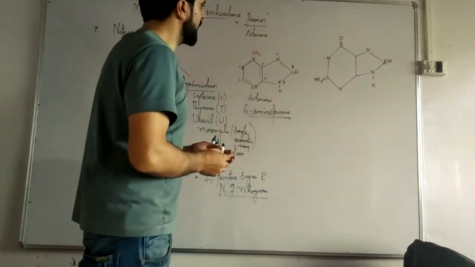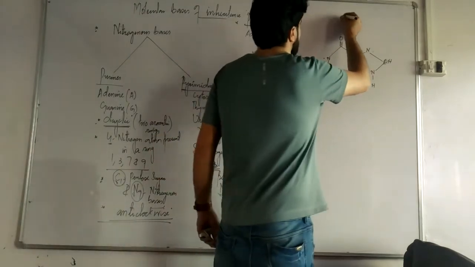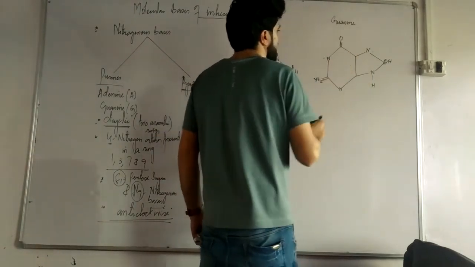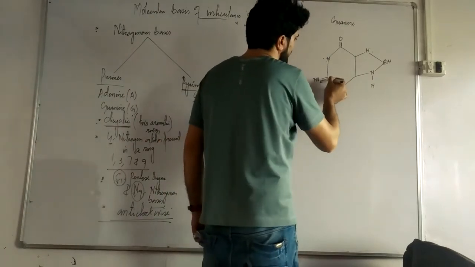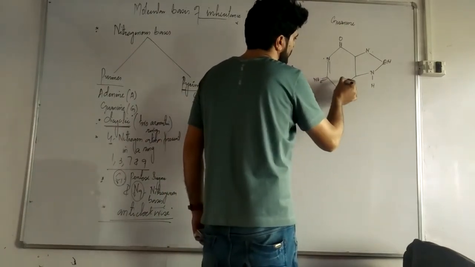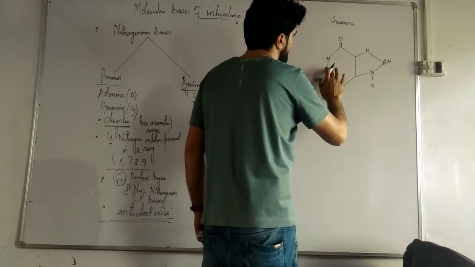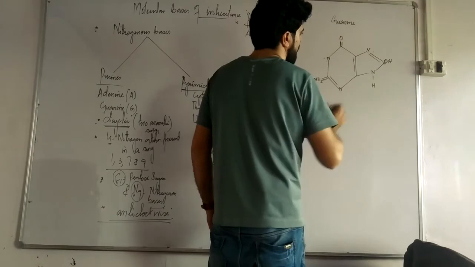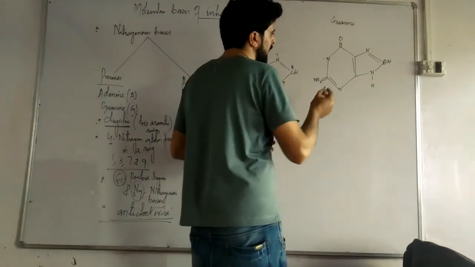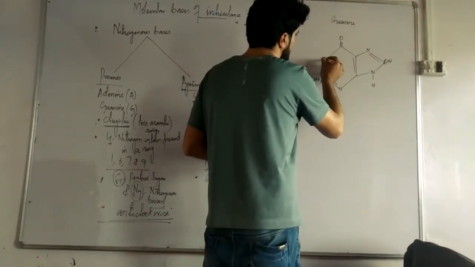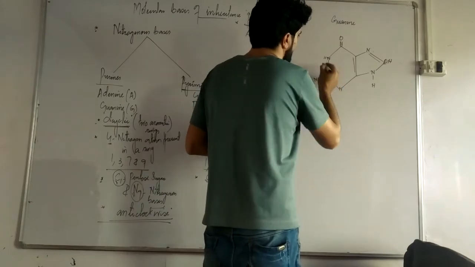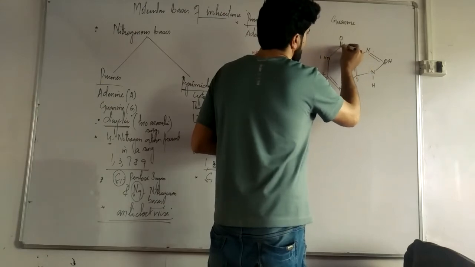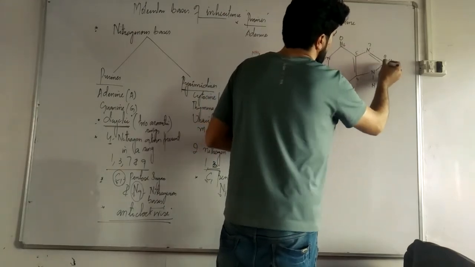This structure which I have formed is a purine, known as guanine. This is the structure of guanine I am making, and here we have a bond formed between them. This is the bond here, and this is also a double bond formation. And you can have a numbering for this. Here also is the presence of H. So we have 1, 2, 3, 4, 5, 6, 7, 8, and 9.